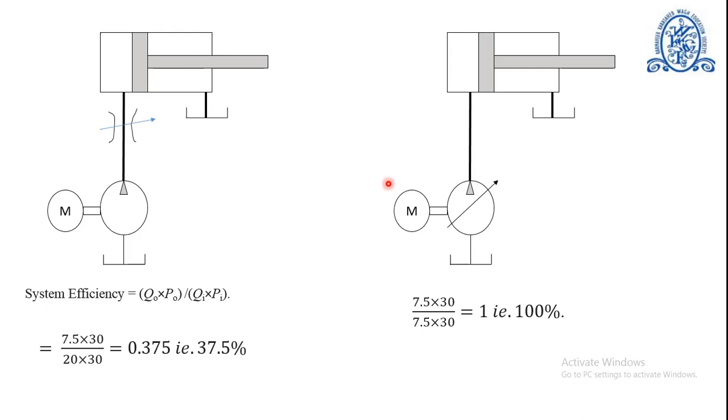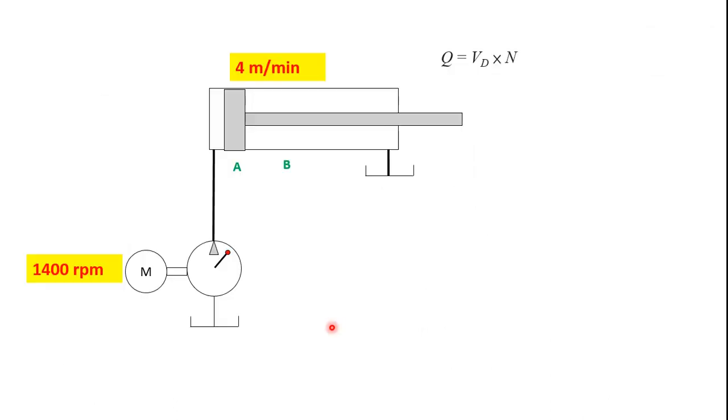Moreover, a variable displacement pump offers a few important features such as providing constant flow control in case of speed variation of a prime mover and maintaining constant power control. We will now discuss these features in more detail. The first feature is to provide constant flow control in case of speed variation of the prime mover. This feature enables the pump to deliver constant output independent of change in the pump drive speed.